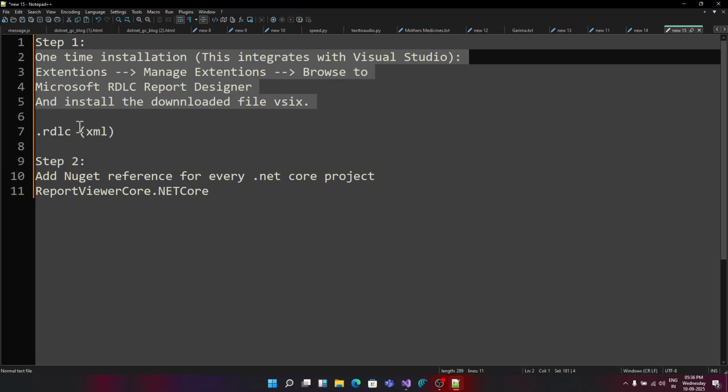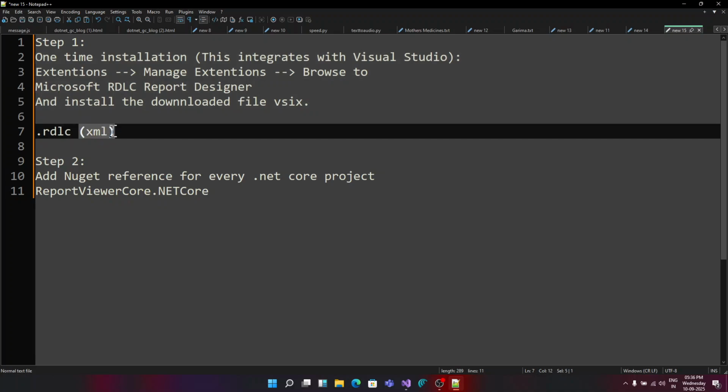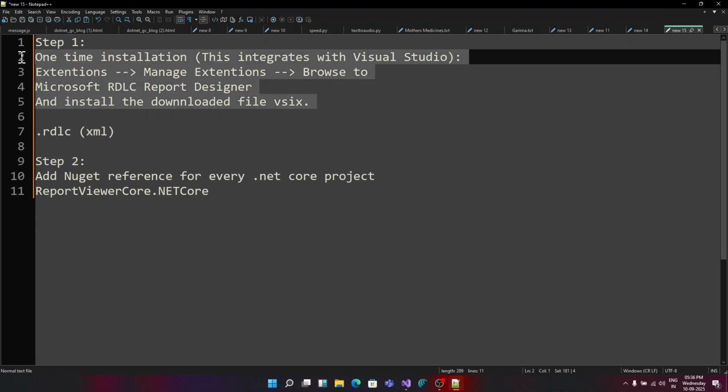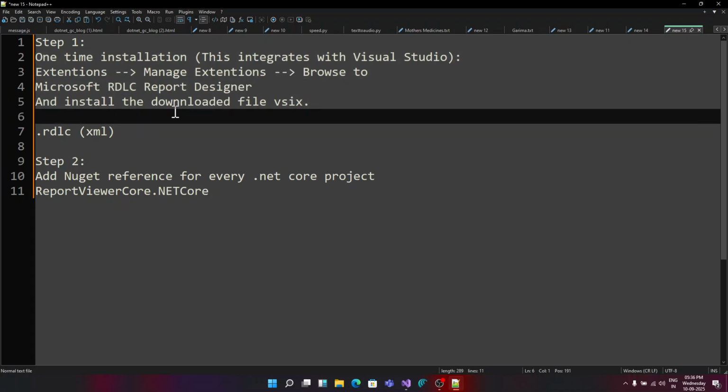Okay. So that means if you can write the whole RDLC XML by hand, you never have to use the RDLC designer. But we rarely do that by hand. It's difficult, right? Because the RDLC designer can speed up things. But the problem is that